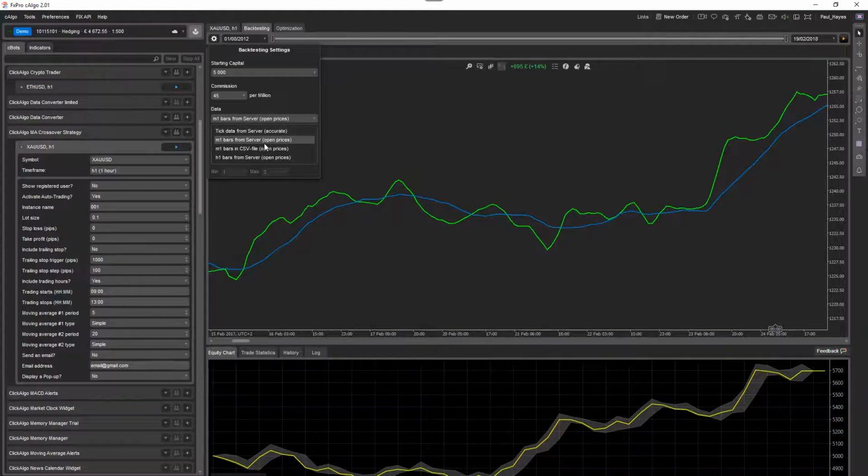If you choose one bar from server, open prices, I'm pretty sure it generates one tick of open price per 1 minute bar. So every bar, it will just be the open price or the tick value of that bar. Okay. You can import